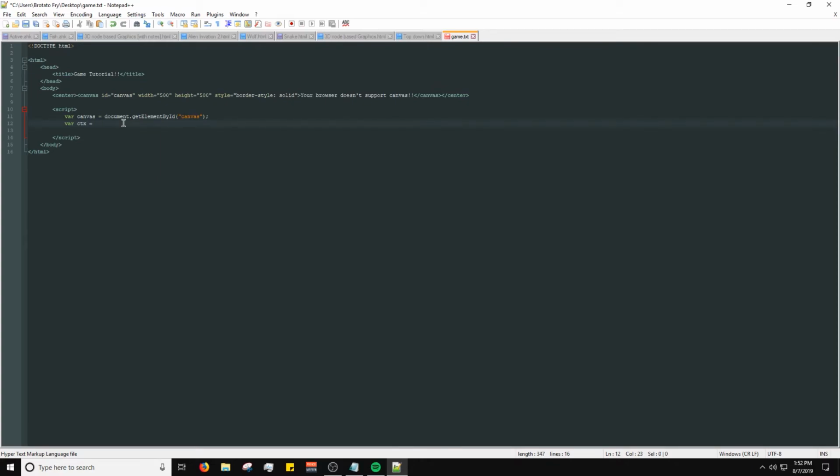So var context, or ctx, just stands for context. It's just what a lot of people use. It just makes sense, and it's simple. It's just going to be canvas.getContext, and then the context of "2d". Cool. That's not how I do quotes. All right, so that's pretty much all of the basics down, but just to show you something,